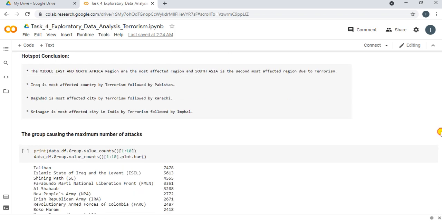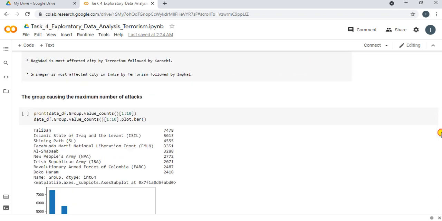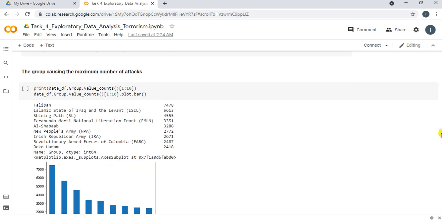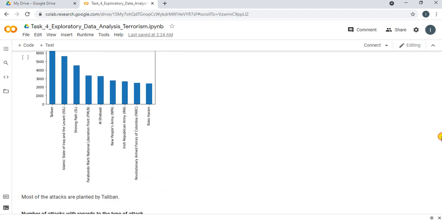Further, we would be analyzing the group causing the maximum number of attacks. So these are the top 10 groups who are engaged in terrorism, and these are represented using a graph, and from this we conclude that most of the attacks are planned by the Taliban.